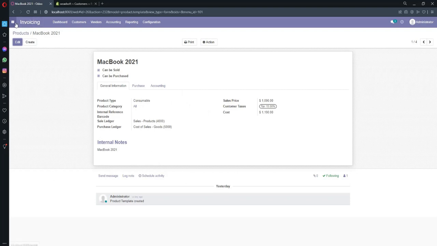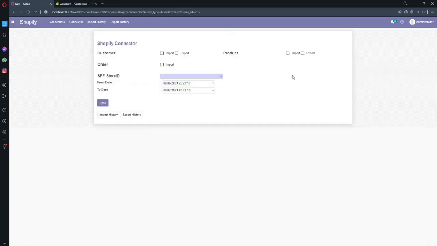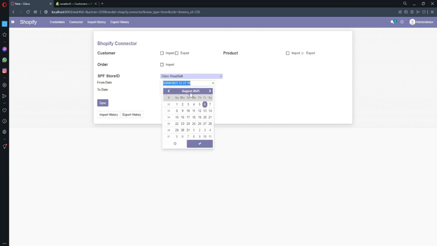So I'm going to go to the Shopify connector and select the option export, select the Shopify store and adjust the time limit, you can say date time filter. And simply click the export button or sync button.